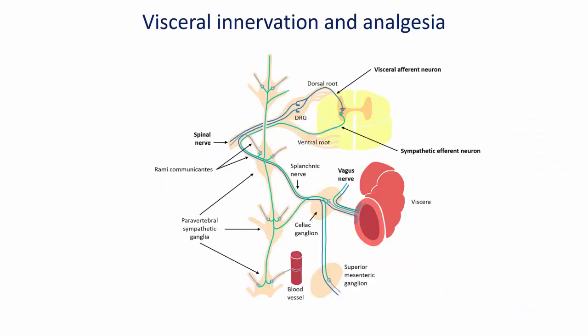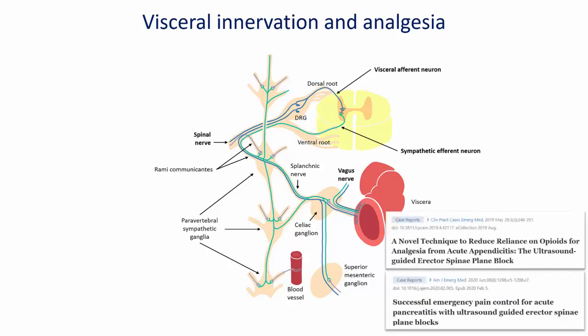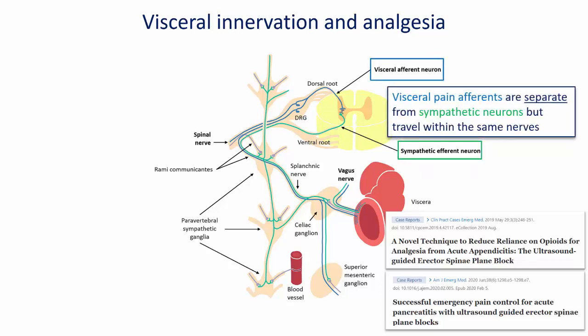Finally, this action of local anesthetic in the region of the spinal nerve and dorsal root ganglion is also what can explain reports of effective analgesia with ESP blocks in purely visceral pain syndromes, including acute appendicitis prior to surgery and acute pancreatitis. I myself have since learned that visceral pain is not a sympathetically mediated phenomenon per se, but